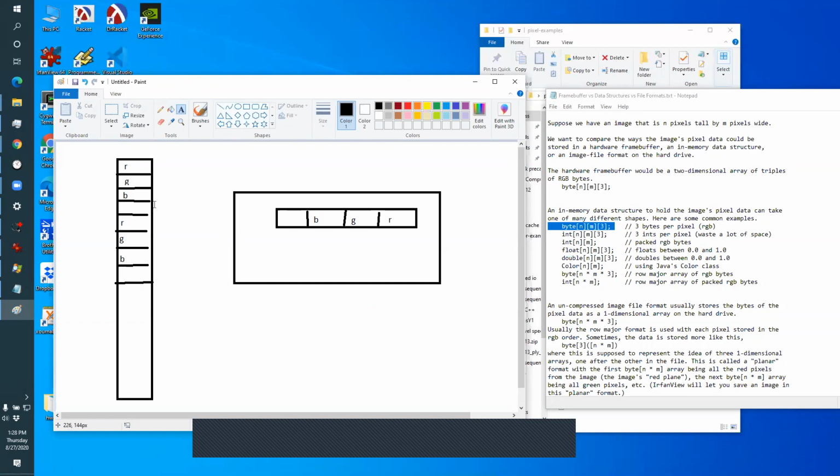I read 1 pixel in 1 memory access, and I get RGB wasted. Then when I want the next pixel, I do a very fast memory access and get the next RGB wasted. So this format can be read out of memory way faster than this format, because this format doesn't have